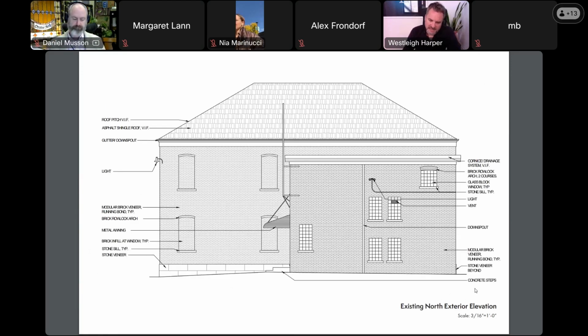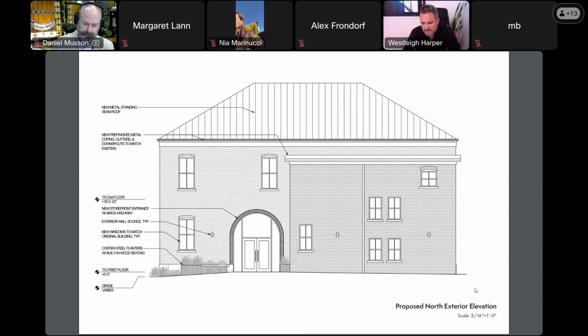Here's the northern facade. Again, taking out the brick infill in the windows of the existing structure. And then if we go to the next page, replacing some of the glass block windows, or all of them actually, with double hung windows that are similar in spirit and design as the new windows in the openings that you see on left.